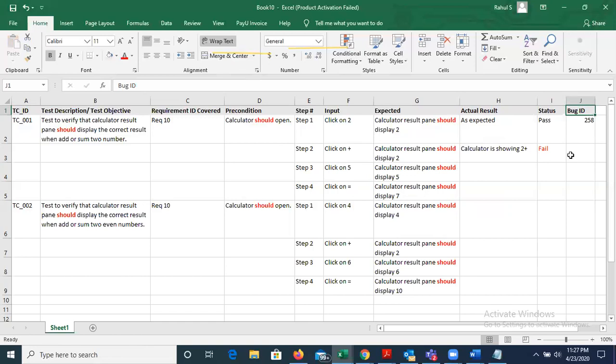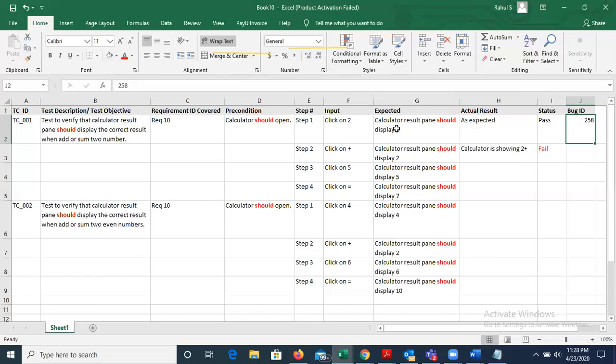If my budget is not so much, I can go for open source, like Bugzilla or Mantis. That bug ID is automatically generated by the bug tracking tool, so whatever bug ID has been generated, we write it here for further tracking. This way we design our test case.